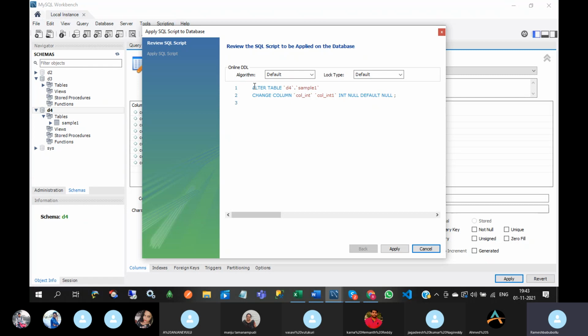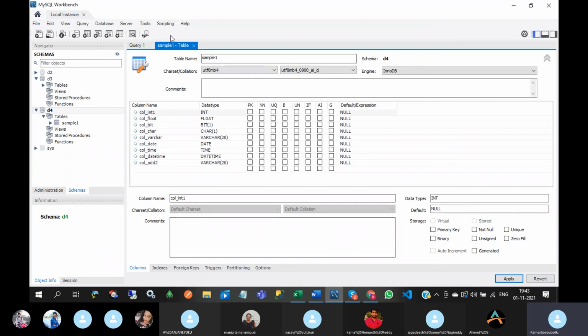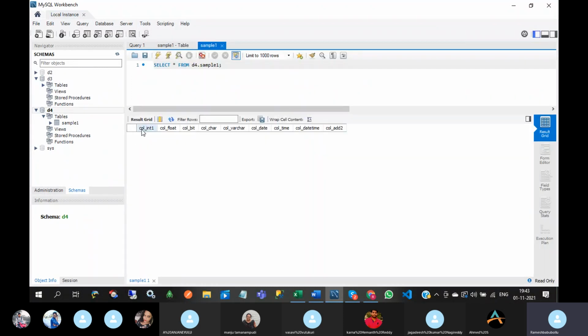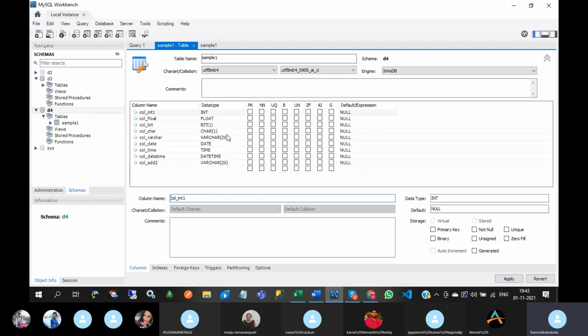So that script was generated automatically. That is the beauty of this MySQL Workbench. Apply, and see this, column underscore int 1. So the column name automatically changed.